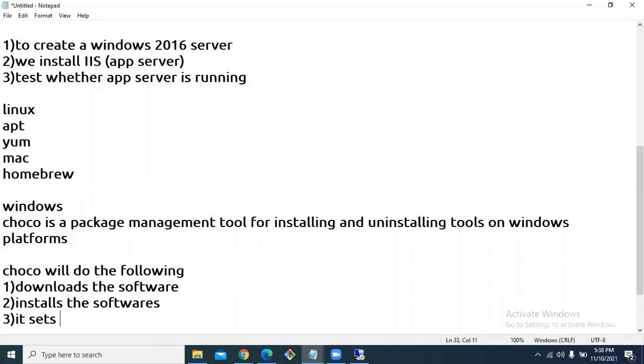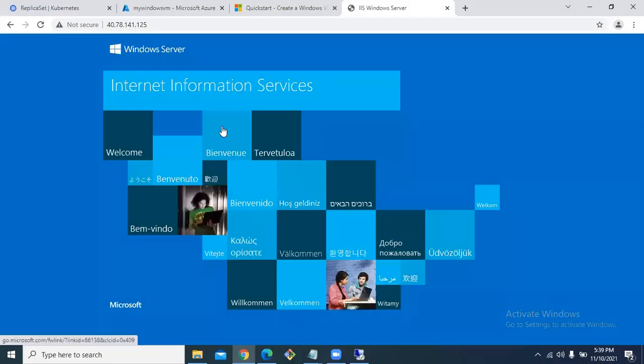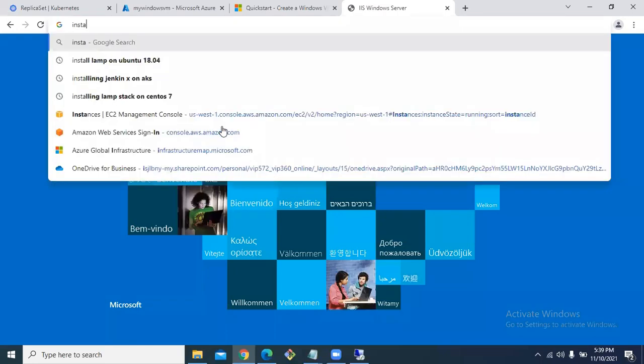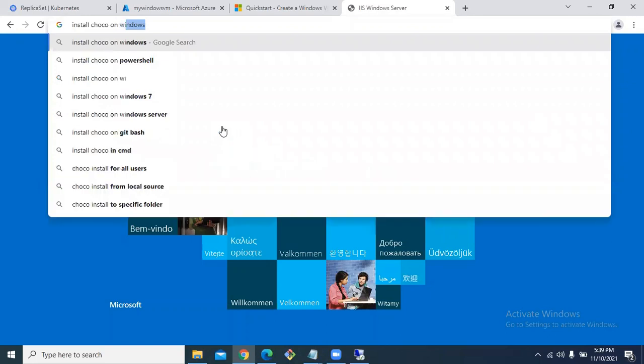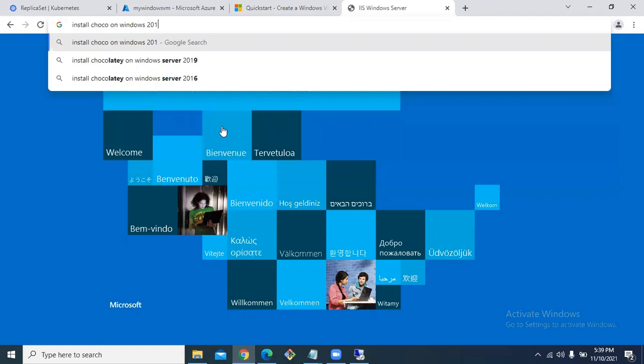It sets the path also. But how to install Chocolatey? Let us go to Google Chrome. Let us ask like this: install Chocolatey on Windows Server 2016.